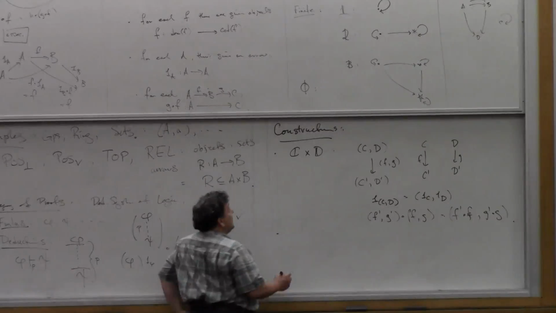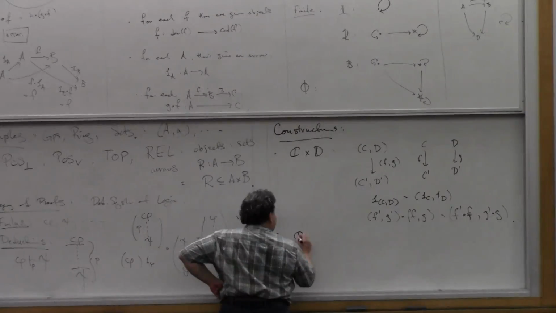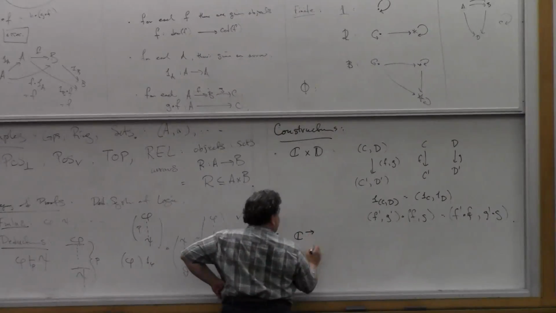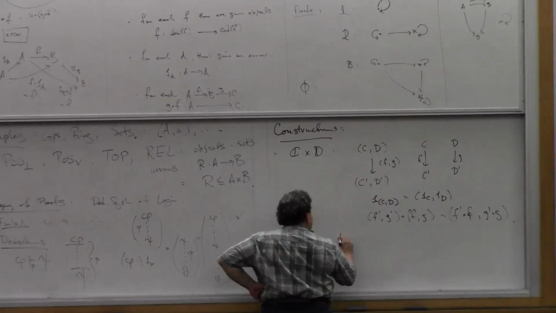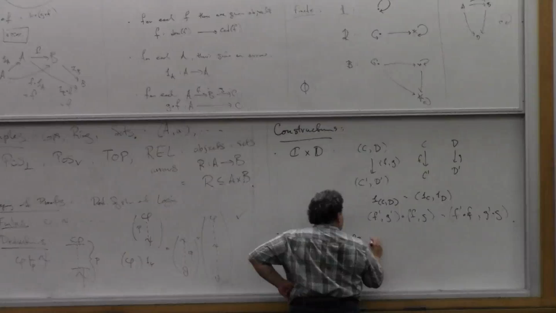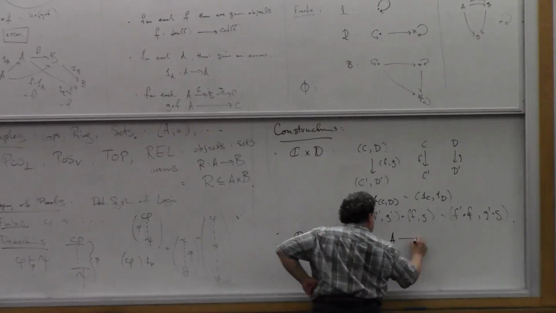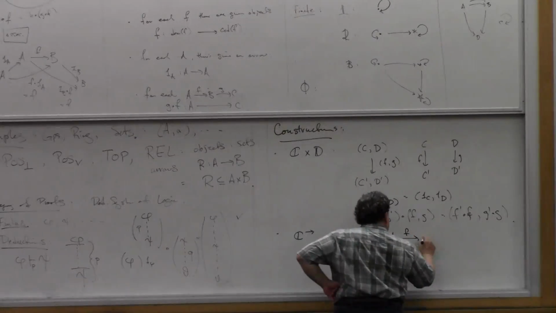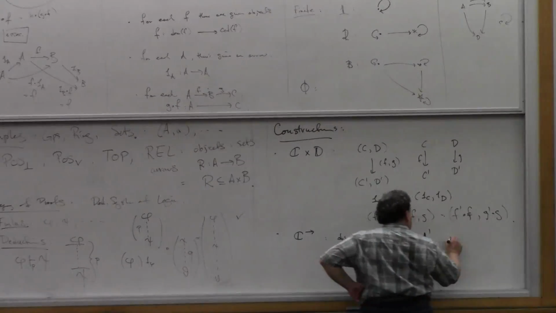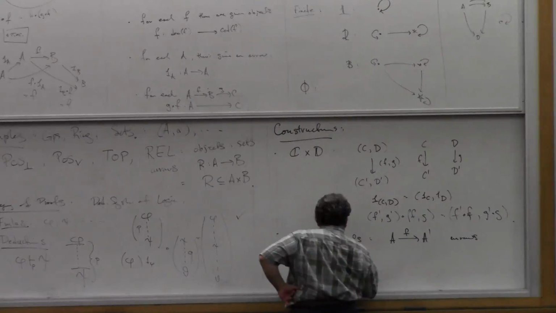Another example of a construction on categories is the arrow category. So given a category C, the arrow category of C has as objects the arrows of C. So let me say A, f, A prime, arrows of C. Arrows. And the arrows,